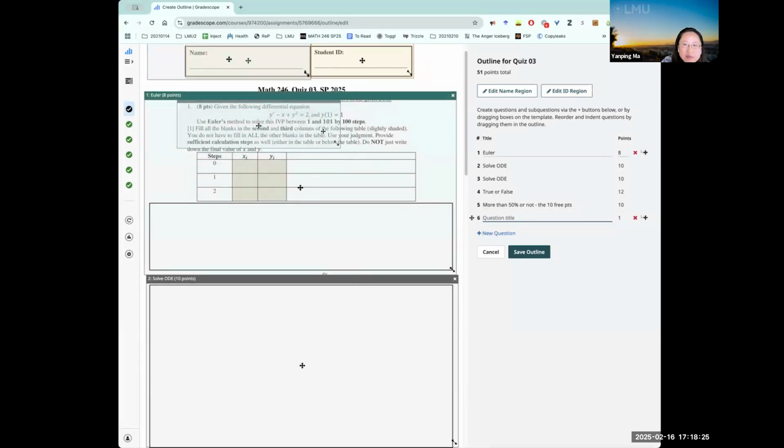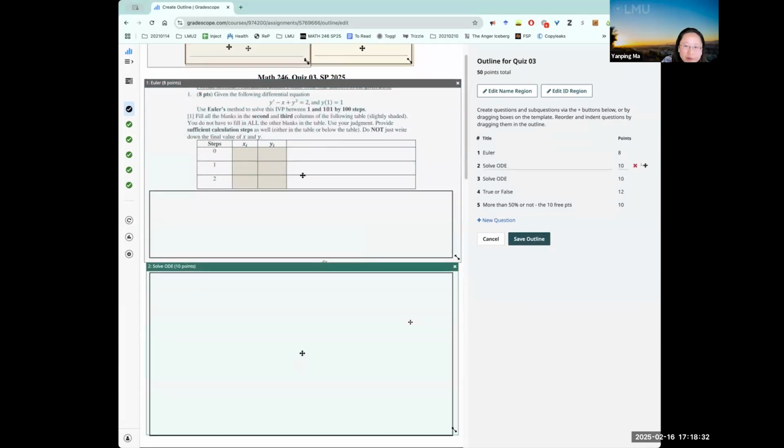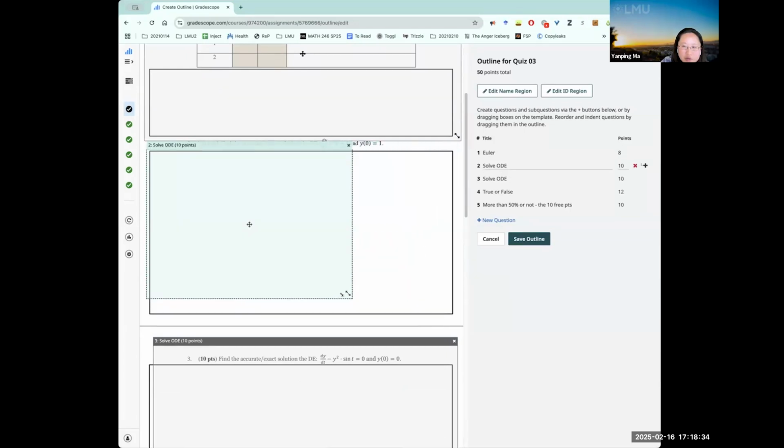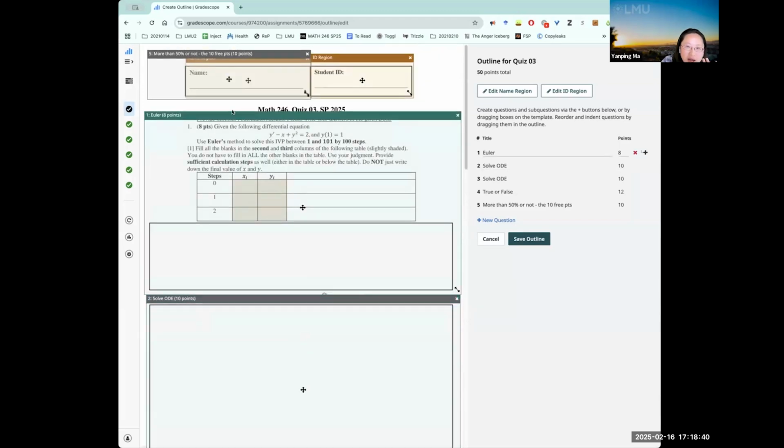You just drag the box, making sure to cover the problem you want to grade. This is my problem number 1. This is my problem number 2. I did plot the box to make sure my students know they have to put their answers in it. So all you need to do is just add some boxes, which is extremely straightforward. If you don't want to, you don't have to.